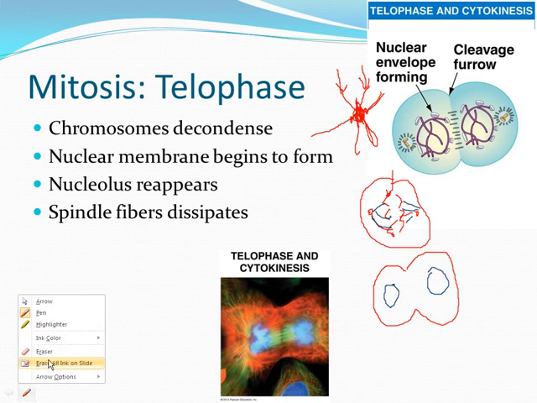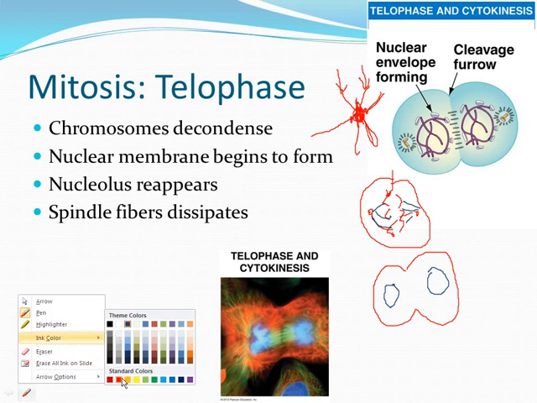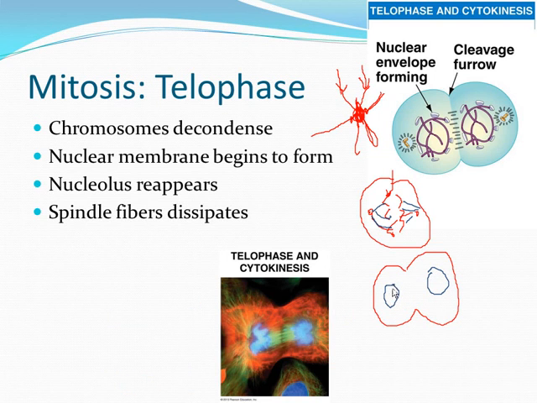We're going to end up decondensing the chromosomes, the daughter chromosomes, into chromatin again. And eventually, cytokinesis will complete itself, and now we have how many cells? Two complete cells. And notice how this looks identical or almost identical compared to the first thing that we started